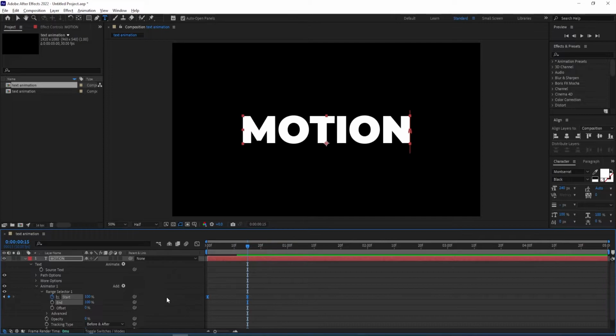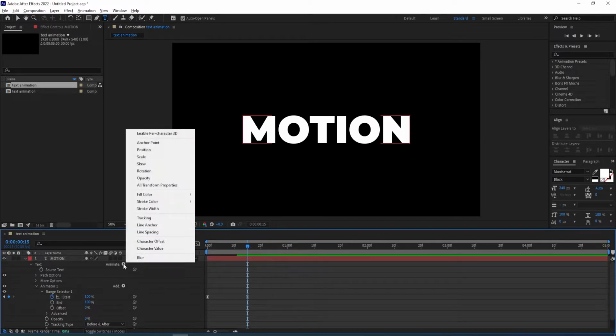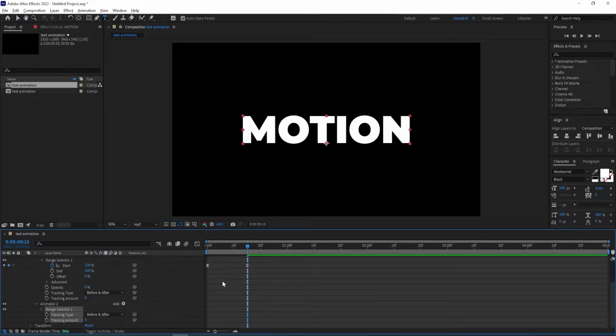And now I go back to Animate and then select Tracking again. So now I go to 20th frame, open the settings for, so we get this animated too here for tracking, and then actually we don't open the settings here, we just set a keyframe on tracking amount at 20th frame, and then move to first, second, and then I change this to